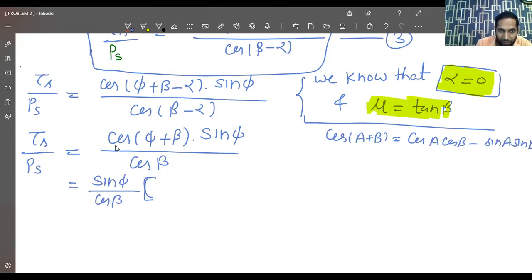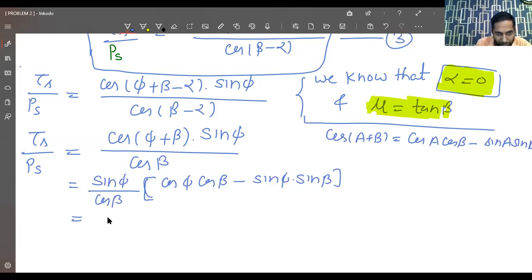So cos of phi plus beta, I can write it here cos phi cos beta minus sin phi sin beta. Clear? Up to this point I do not think anyone should have any problem. So now I can divide this,